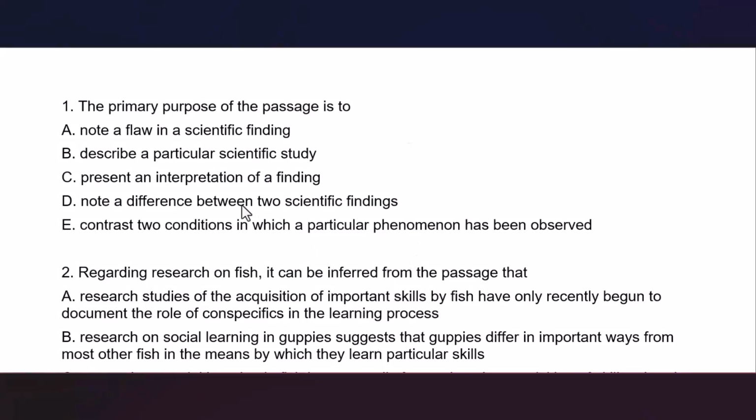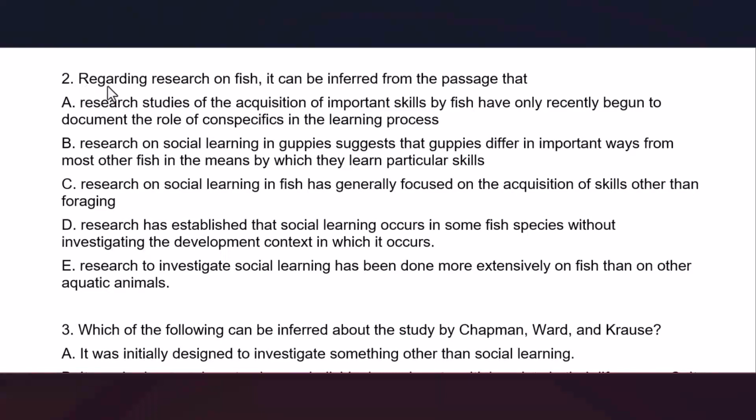So the answer to question one is option B, to describe a particular scientific study. Question two, regarding research and fish, it can be inferred from the passage that. So this is an inference question. We should infer information from sentences. We should infer something that is not explicitly